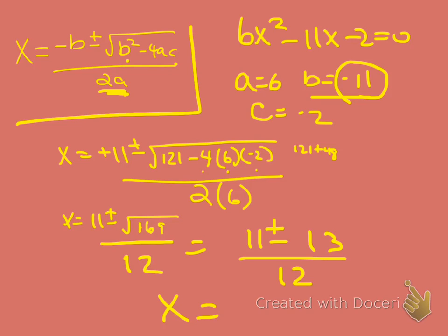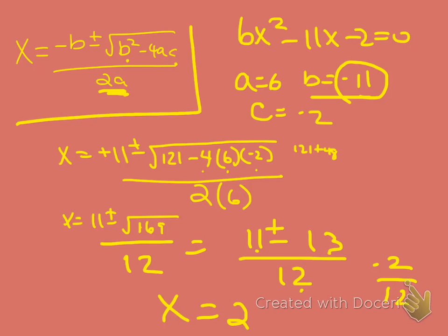X equals, first we're going to take 11 plus 13. That's 24, divided by 12, is 2. Okay, now we're going to take 11 minus 13. That's negative 2, divided by the 12. Is negative 6, right? We'll have 2 divided by 12. Oh, never mind. Actually, negative 2 also. Negative 2